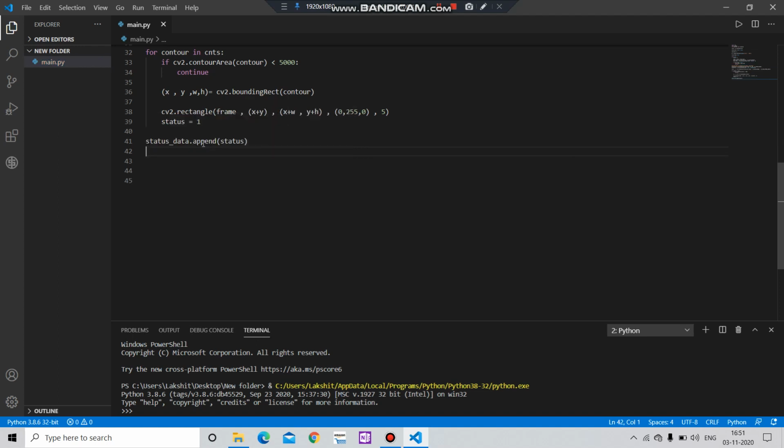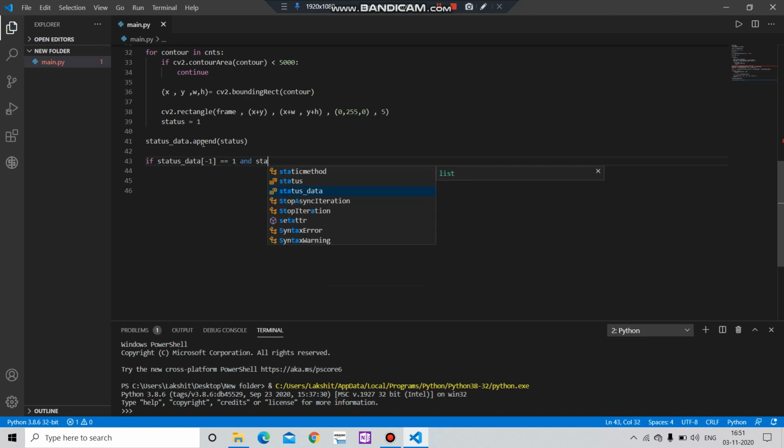After that, what we do is we will create another if statement. If status_data at -1 position equals to 1, and status_data at -2 position equals to 0, then if you don't know what is this -1 and -2, I would recommend you to do